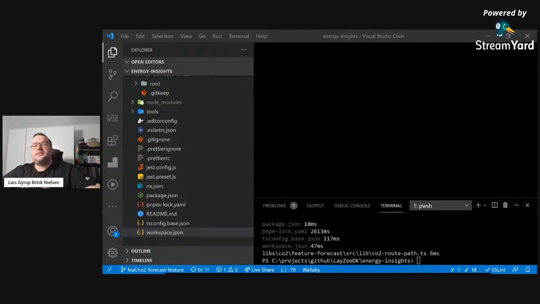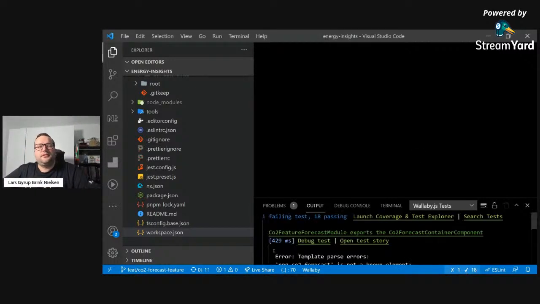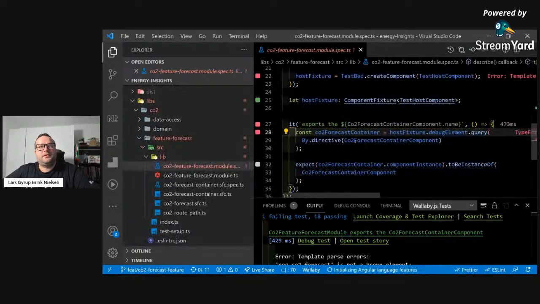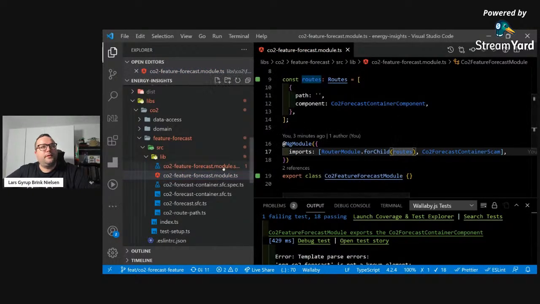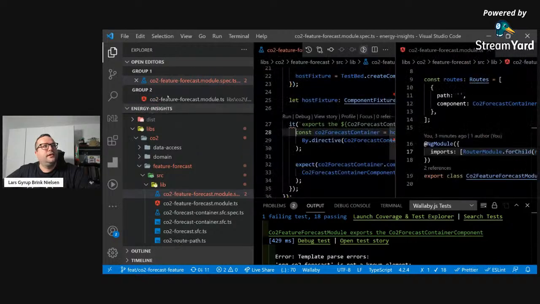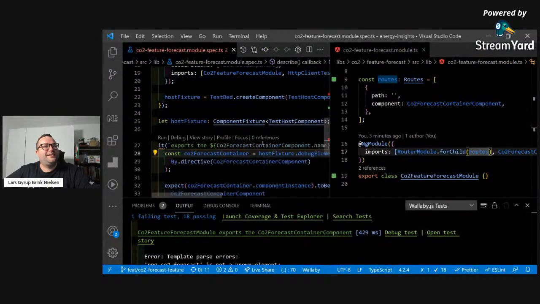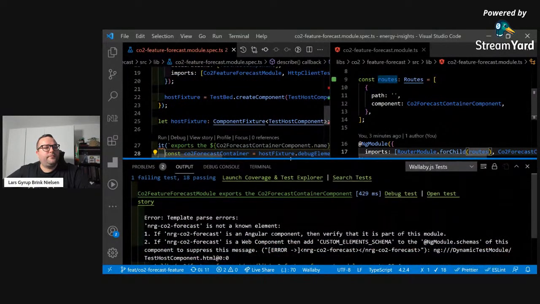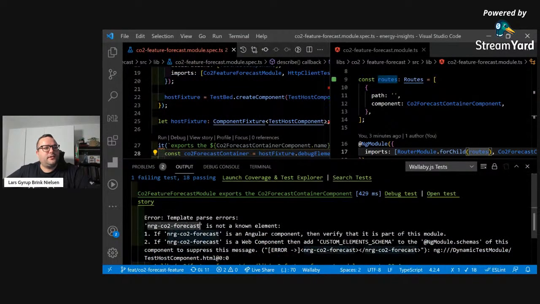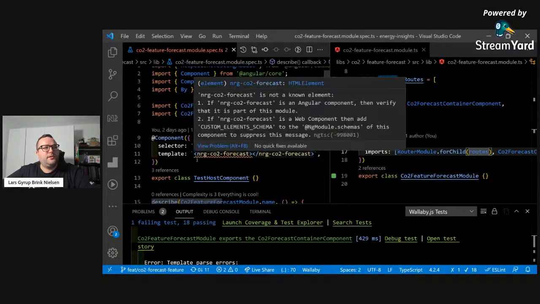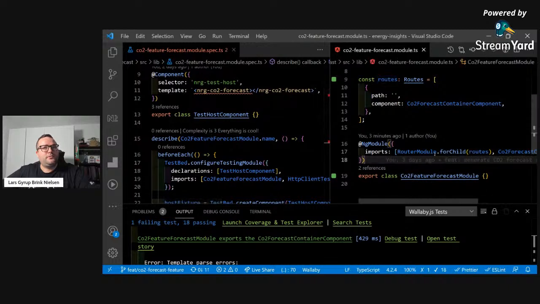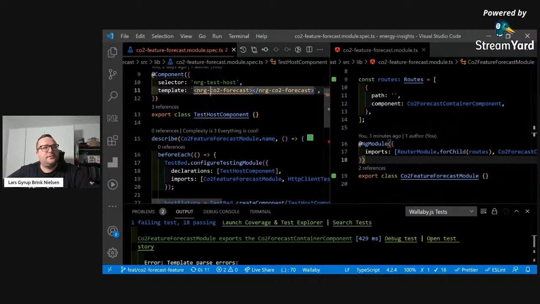Oh, it seems like Wallaby is telling me here there's one test broken, and that's because we added a test to this feature module, and now we can see that the test is actually working as expected. See, the error message is that it cannot render this energy CO2 forecast component inside of our testing host component, because our module is no longer exporting that component. So now we need to route instead. So we need to change here